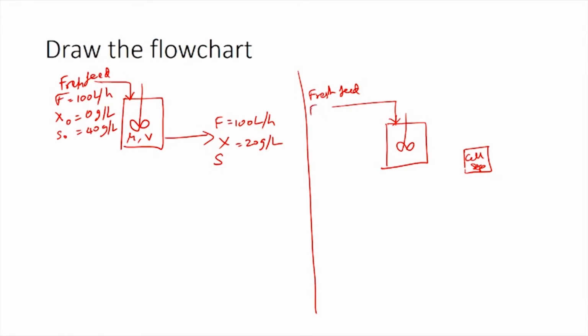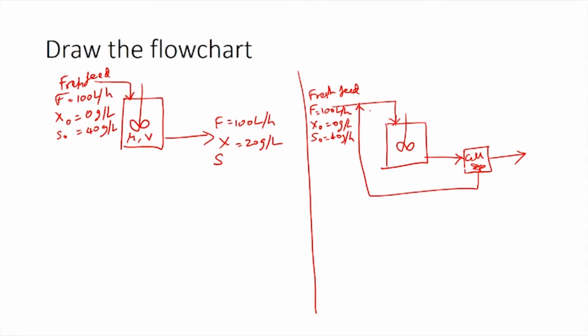So, we know that F here would be 100 liters per hour and this is a sterile fresh feed. So, x naught equals 0 grams per liter and substrate concentration would be 40 grams per liter. You have an exit stream which is taken to the cell separator and the desired products are taken out. You also have a recycle stream which is sent back to be mixed with the fresh feed to form the